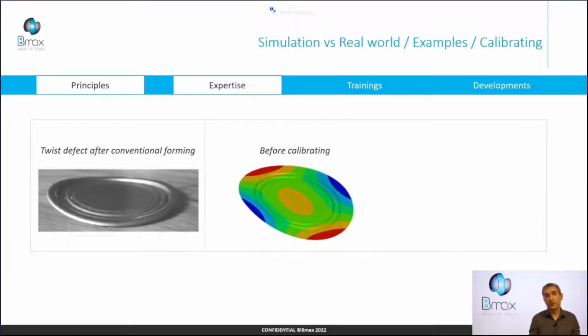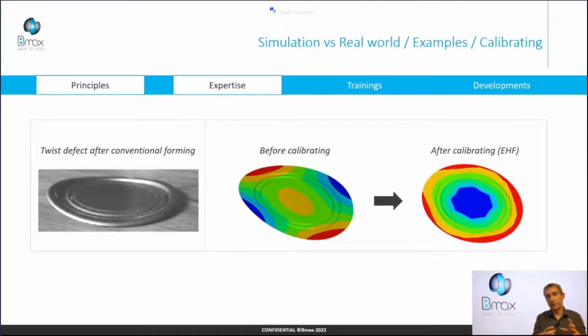So first of all, we reproduce a conventional forming process. We form 2 grooves into the plate, and we reproduce the defect. We analyze the stress distribution before and after the springback to understand the origin of this defect. After, we imagine a discharge chamber, an electrohydraulic forming process to restrict the plate at the center and to change by impact the stress distribution. And in this way, we're able to fix the defect, the twist. And the color represents the displacement normal to the plate before calibrating and after calibrating. It's an academic example.